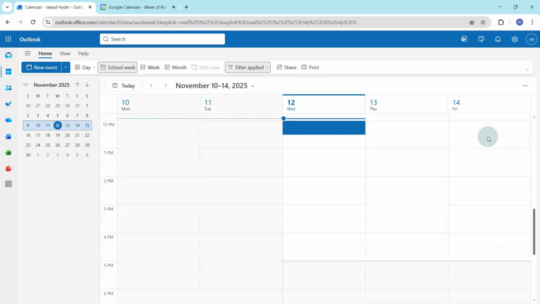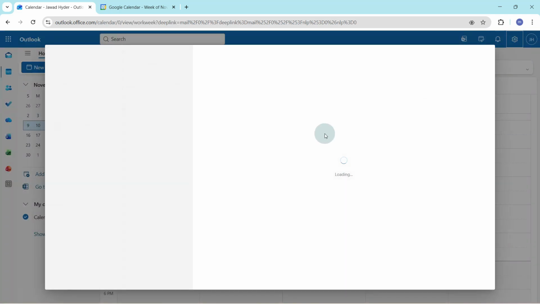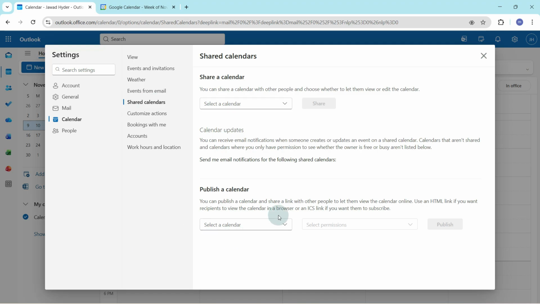Next, click the Settings gear at the top right corner, and from the menu, select Calendar Settings. Scroll down and click on Shared Calendars. Under the Publish a Calendar section, choose your calendar from the drop-down menu, and under Permissions, select Can View All